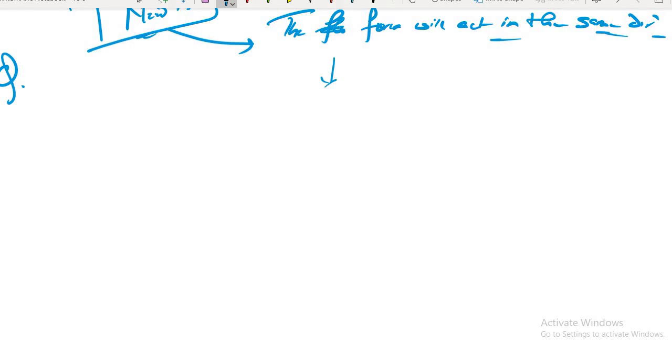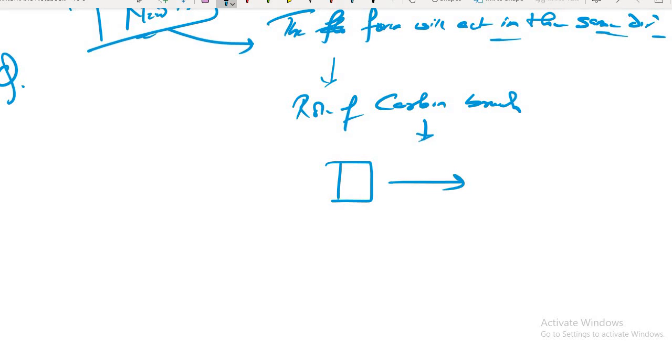Next conceptual question. What is the role of the carbon brush? Sir, it keeps the connection of the rectangular coil with the connecting wires, because the connecting wires cannot be directly connected with the rectangular coil, otherwise it will get twisted, sir. Twisted. Wow. See here. The role of the carbon brush is to keep a connection